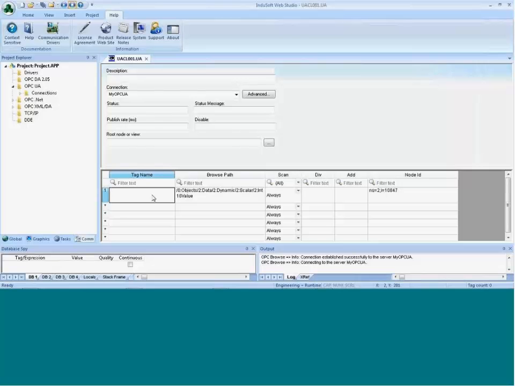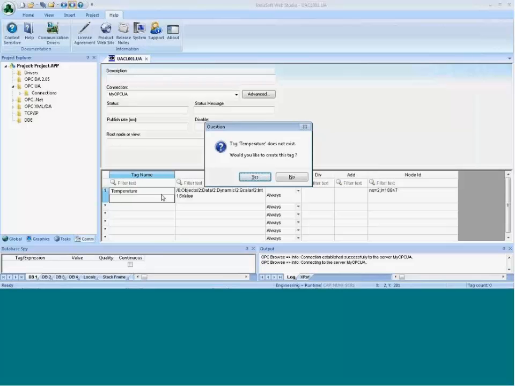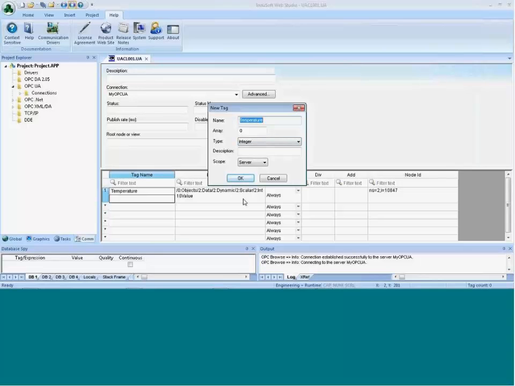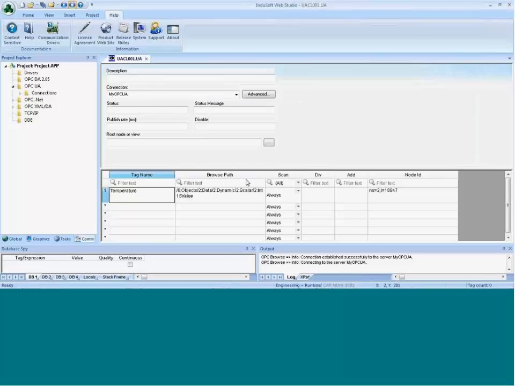Now in here, I'm going to put an InduSoft tag name. Now I don't have any tags in here yet, but I'm just going to create one called temperature. And because I don't have a tag name, as soon as I hit enter, InduSoft Web Studio is going to prompt me. It says that tag doesn't exist. Let's go ahead and make it. So since I chose an integer 16 value, I'm going to match that up with our integer value. I could choose Boolean, integer, real, or string, but because we have an integer value coming from the OPC server, I'm going to choose that. That's made that tag on the fly. And at this point, I can save this